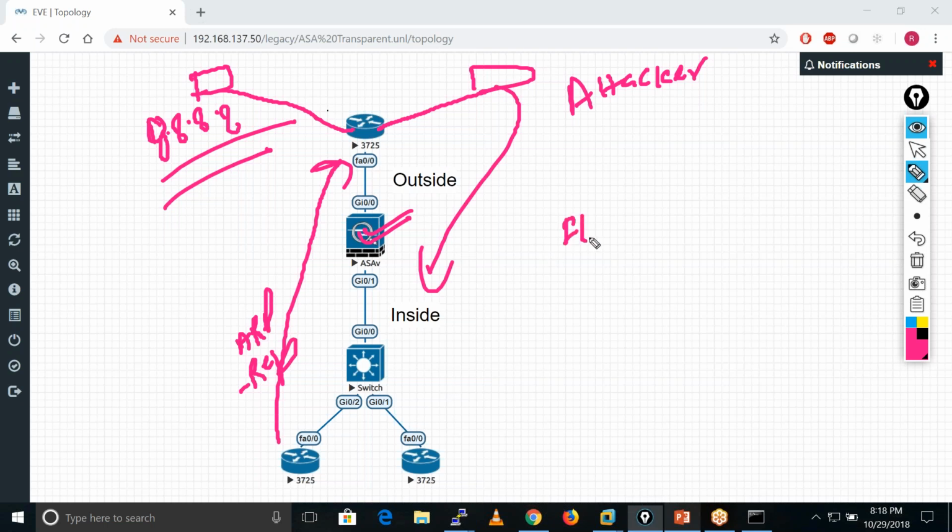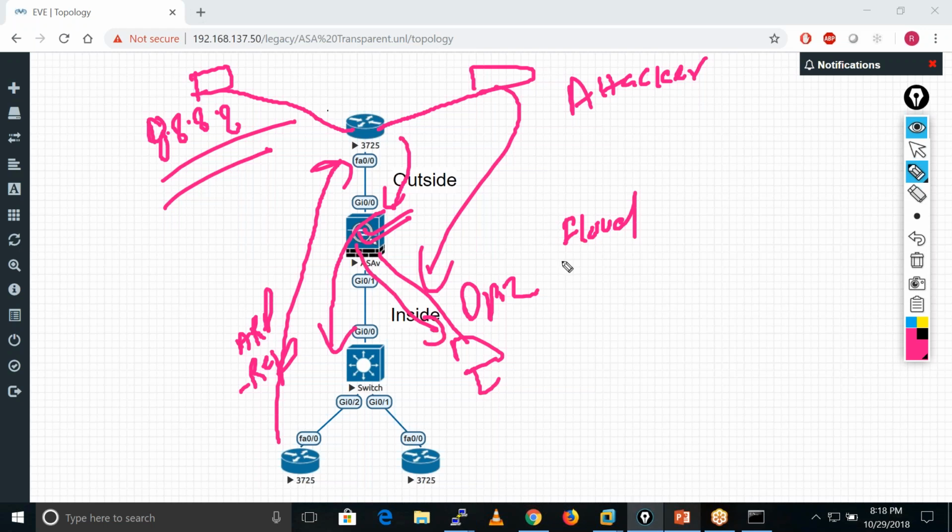In case of flood, basically the ASA receives the request on this interface. Let's suppose the ASA also has this interface as well. This is like a DMZ interface. So now the ASA just floods onto this interface as well as this interface. In case of flood, we have these two things here, flood and no flood.